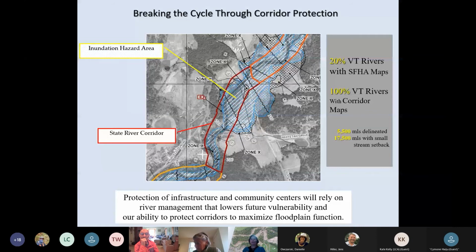The agency provides the river corridor maps for all communities, and the Rivers program has worked over the last several years to make river corridors throughout Vermont for all streams with a watershed size that is greater than 2 square miles, and there's a standard 50-foot setback on streams that are less than or equal to 2 square mile watershed. These maps provide an important tool for understanding the greater risk of erosion during flooding and how they work in with our inundation maps from the National Flood Insurance maps. If we continue to look with communities at both inundation and erosion hazard, we'll have long-term success at reducing our flood damage.